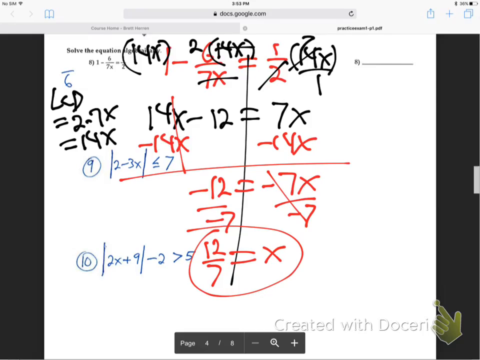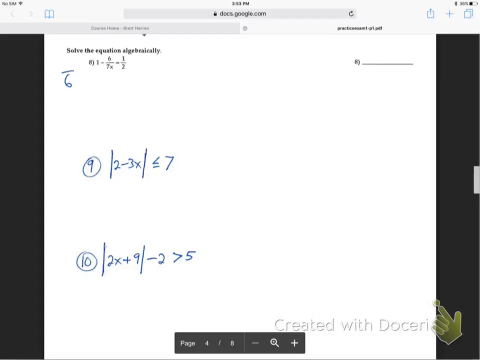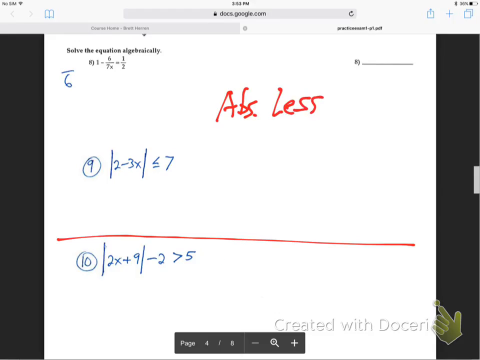Okay, let's do those absolute values now. So, absolute value less. So this one is absolute less. And this one will be absolute greater. Do you notice that? In fact, you know what, guys? Let me just give you a game plan. How about this? I'll just go to a new screen and go